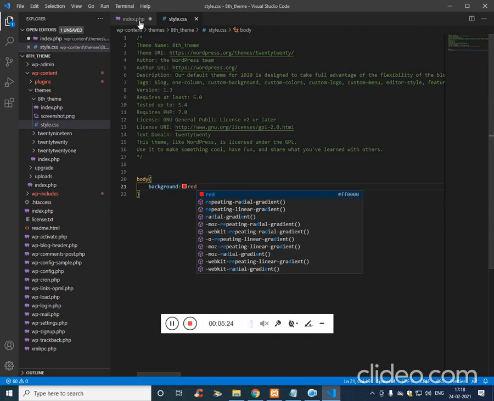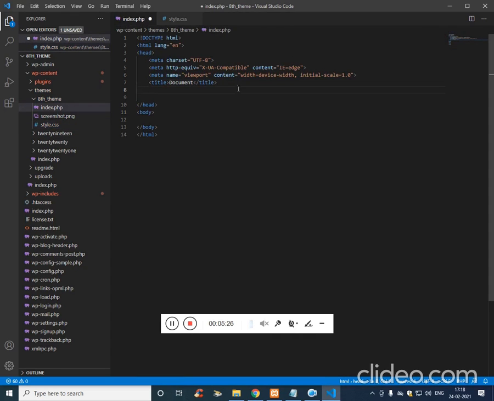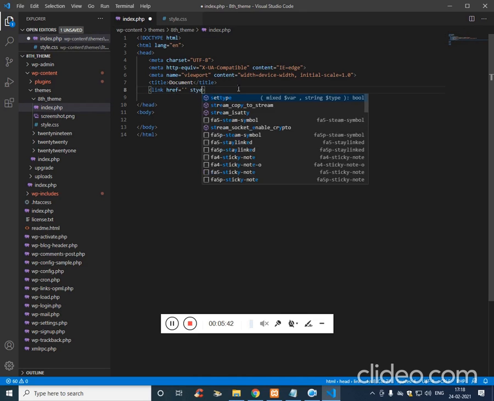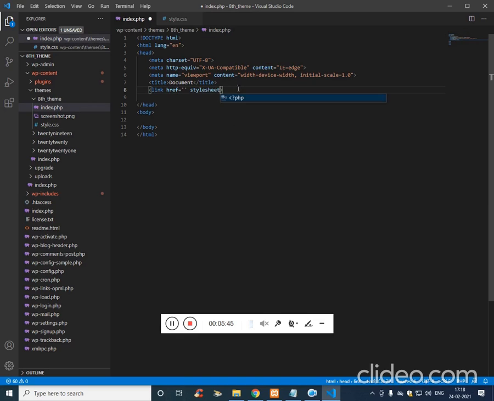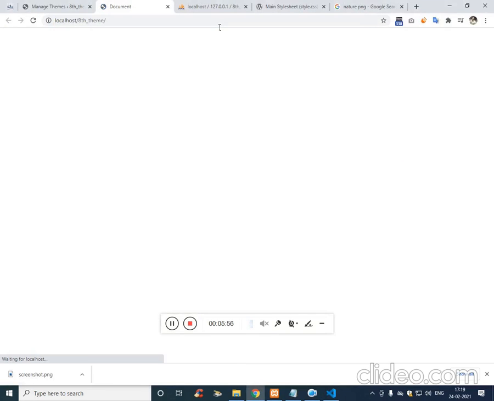Now to link this CSS with the HTML, what you have to do is use the link tag, link href, rel equal to stylesheet, href which is style.css, which is in the same folder. Now if I refresh,